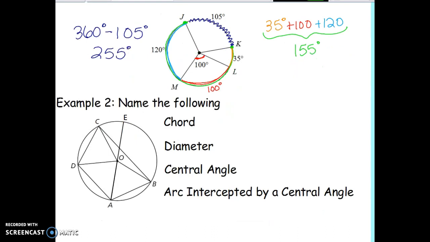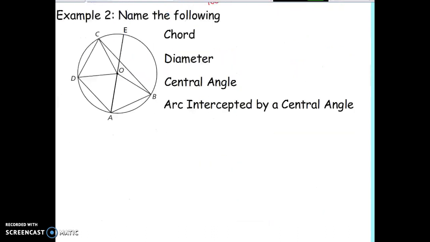All right, on example 2, all we want to do is just name each one of these. And there are more than one for each, so it's up to you to determine which one you want to use. A chord, remember, has to connect 2 points on the circle. So if we see that we have B and A, we could say that BA is a chord. We can also see that B connects to C, so BC,